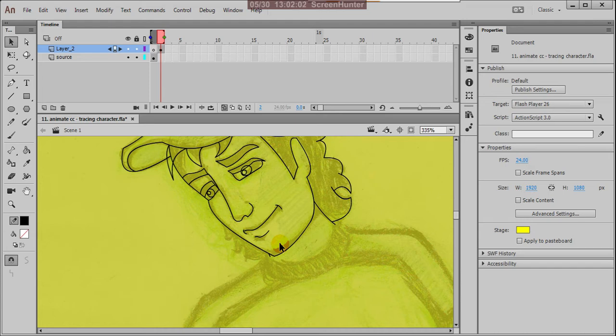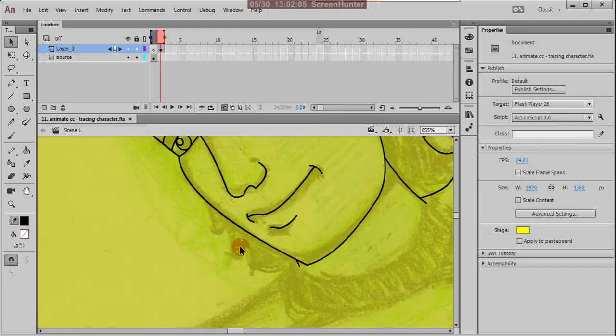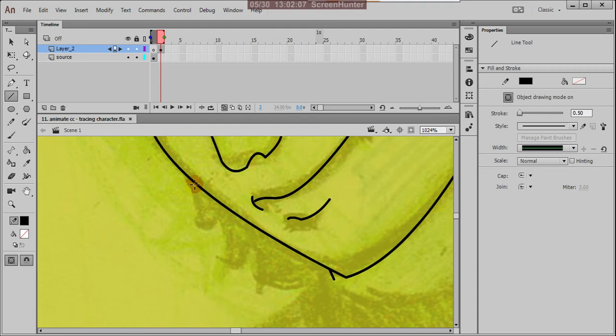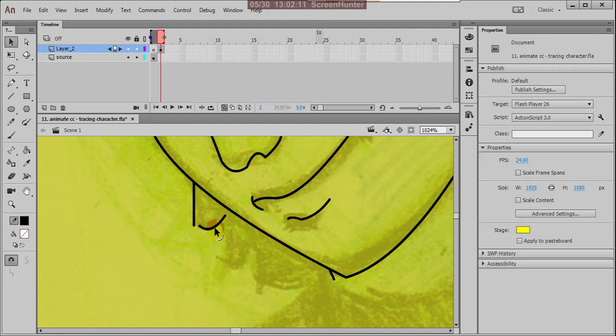Okay, so Control S and then here, this is the outside of the hair.